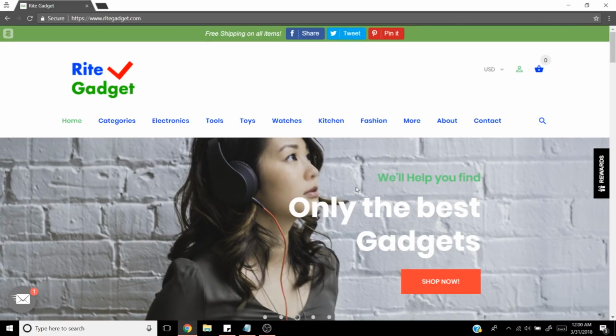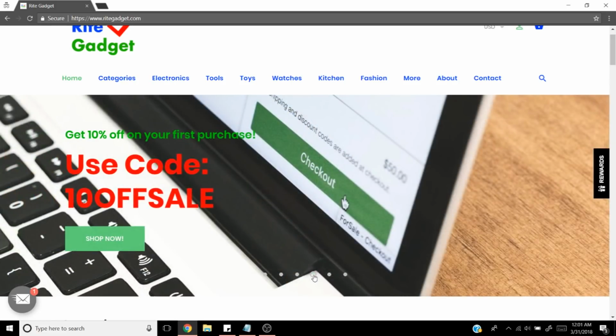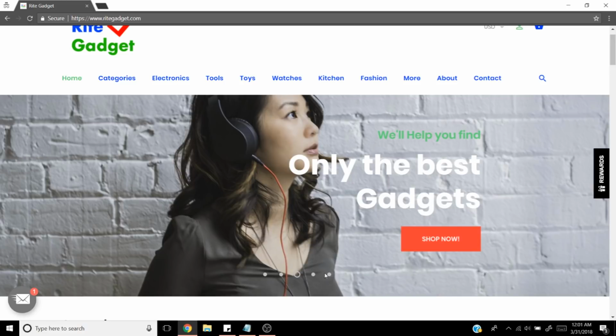So visually, the nicest store by far. Yeah. So I really like this. I would make these buttons actually link to some stuff because when people actually do go to the home page, they do like to actually click on these buttons and see, especially when it says use code 10 off sale. Yeah, that's nice. Very nice going on.